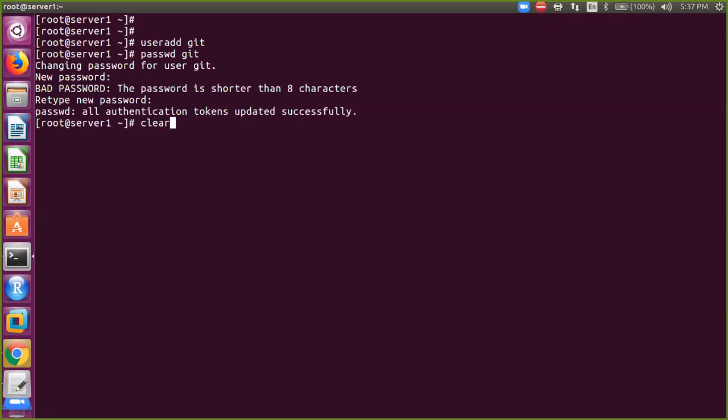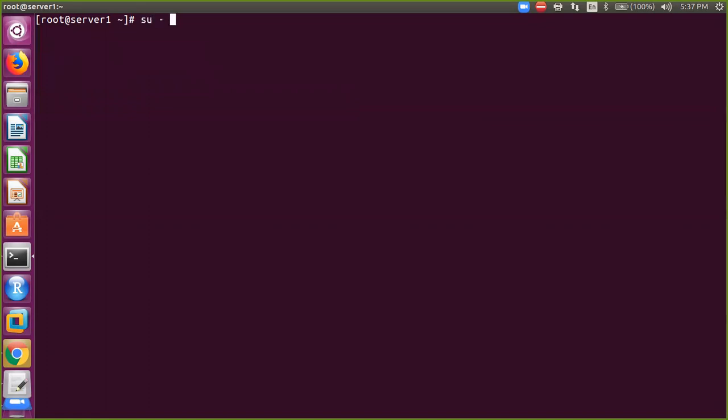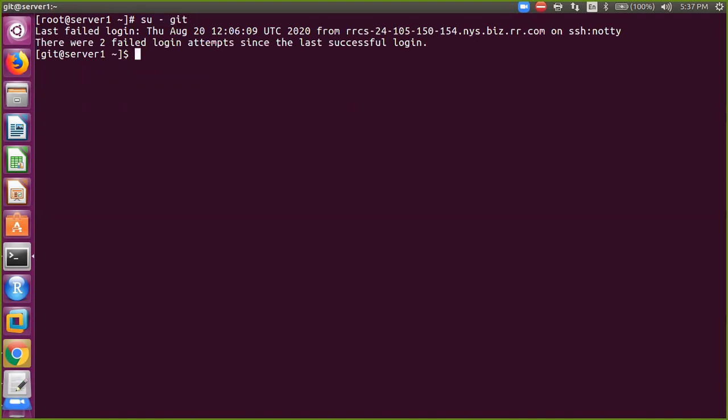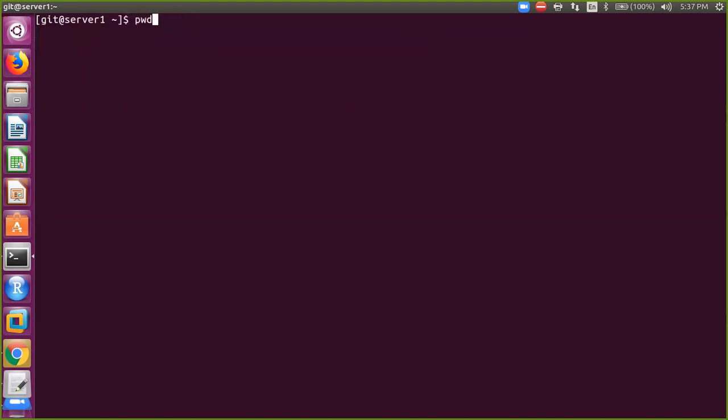And now switch user as git. Make sure your present working directory is /home/git.